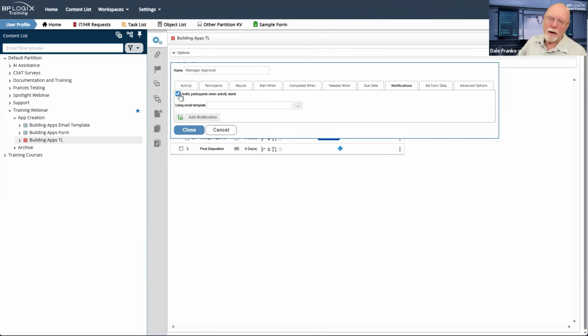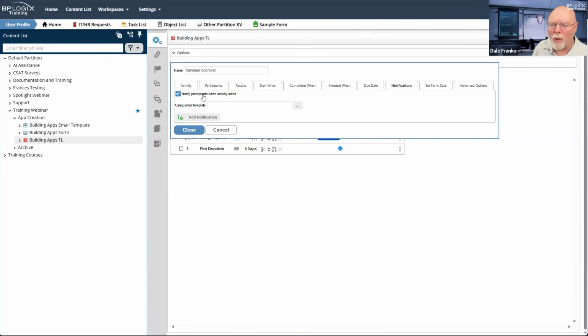And that email has a link to the task, so that when the user receives an email and they click on a task link in that email, it is going to go back, and in most cases what it does is it opens the form. There are some other options that we'll discuss a little later. But most of the time, you just send them this email URL system variable inside the email template that constructs the link to the task.